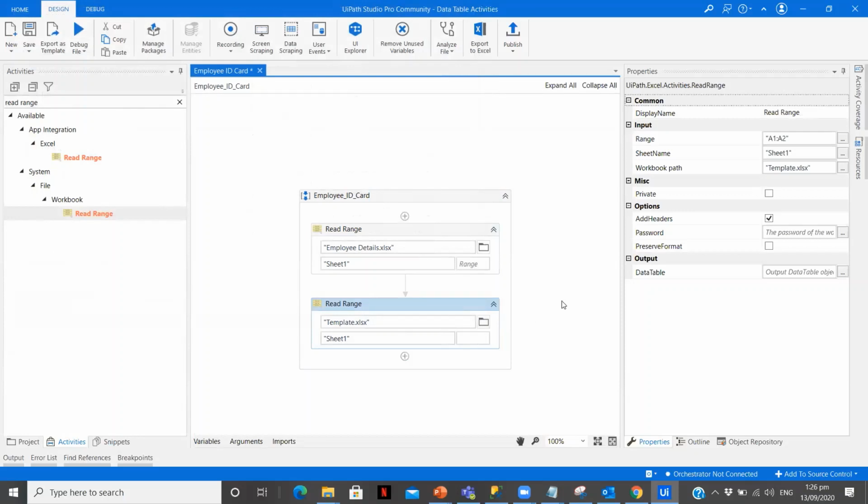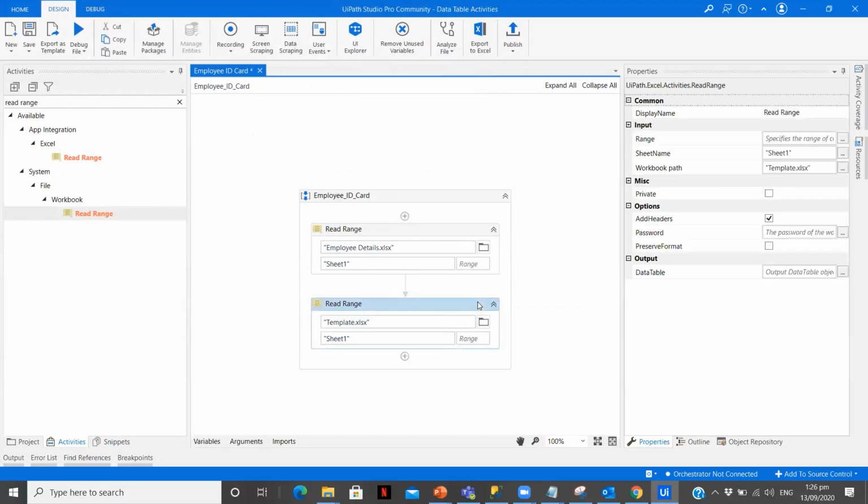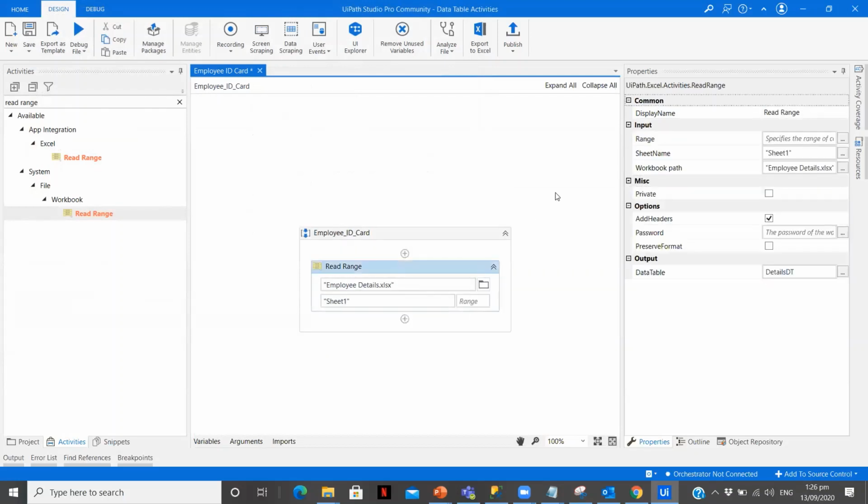So let me just erase this. Okay, so I'm going to name this particular data table as details dt. Okay, so we actually don't need this, so sorry for that.